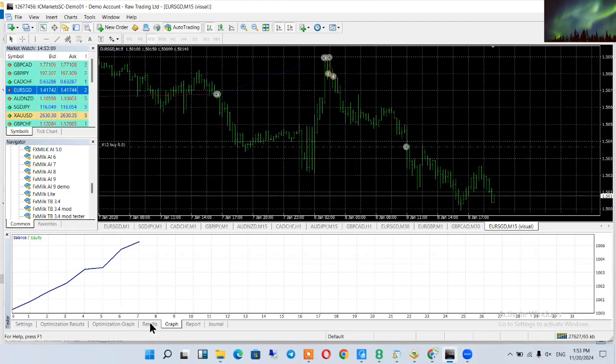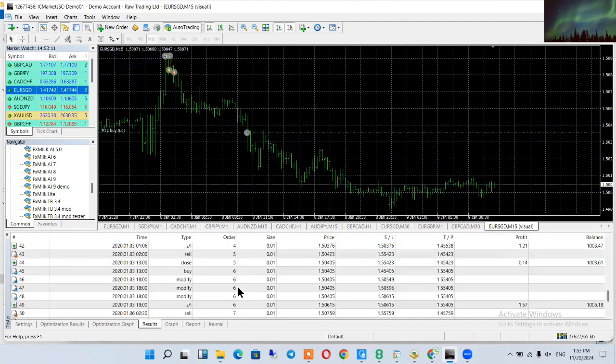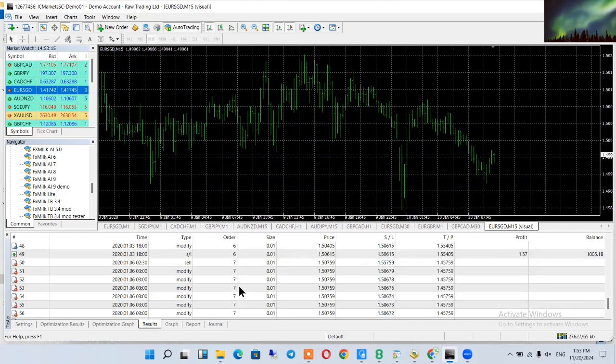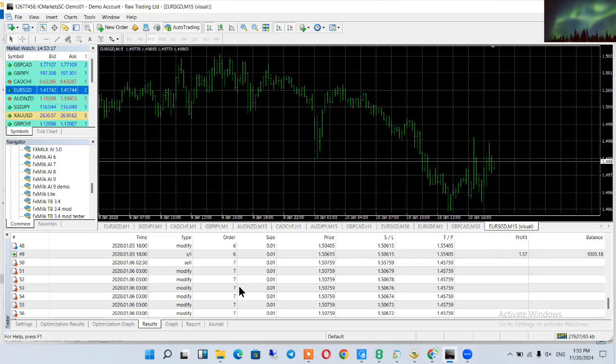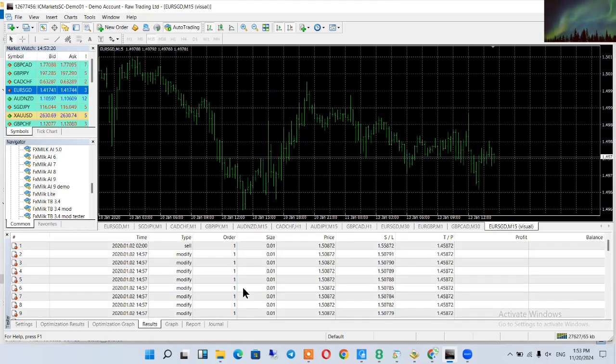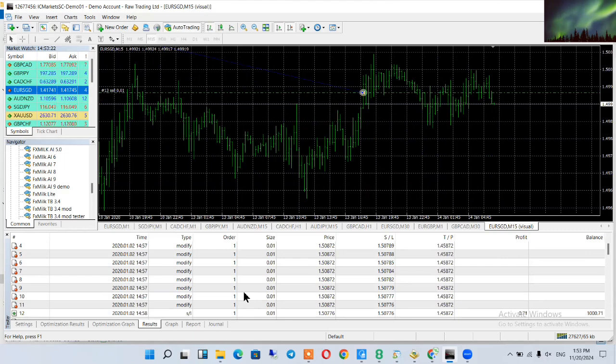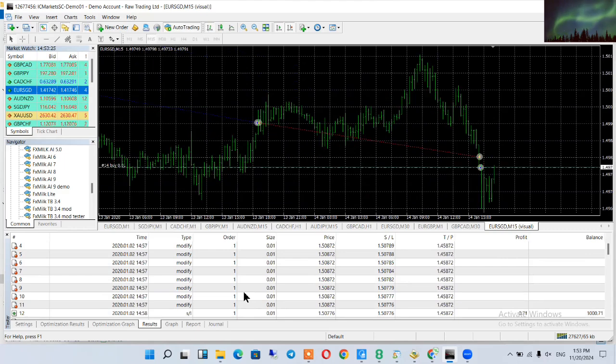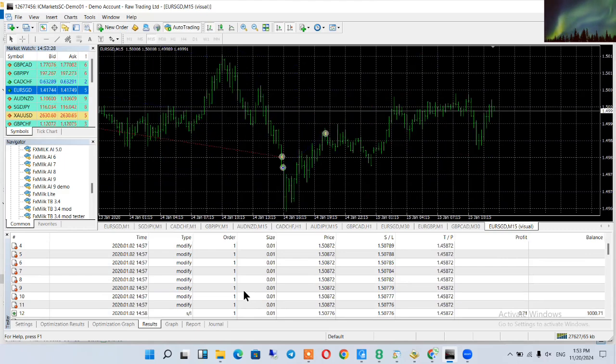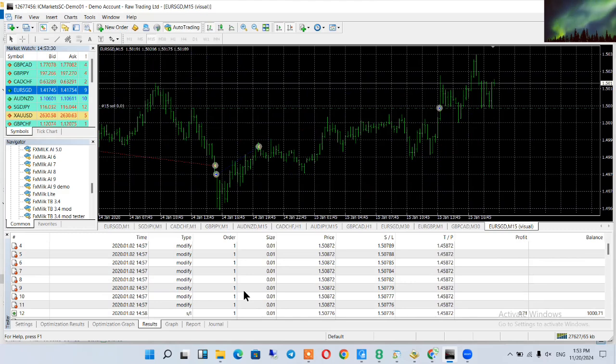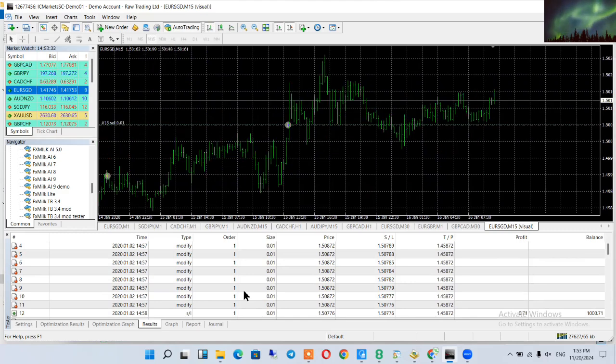Now you need to understand that there's no guarantee. This is not a holy grail system. If you're looking for the holy grail, you may want to check next door, but we don't have a holy grail system here. What we have is a system that works. There will be times when there will be drawdowns, and there will be times when it will look as if the EA is not profitable. No, it's not that it's not profitable. It is profitable. It's just that the current market